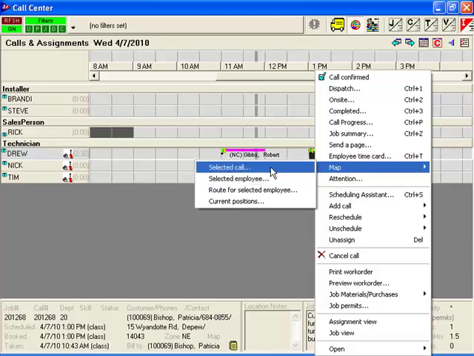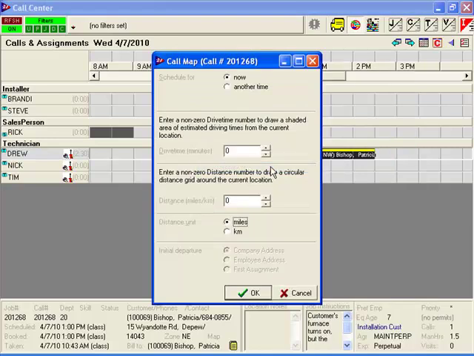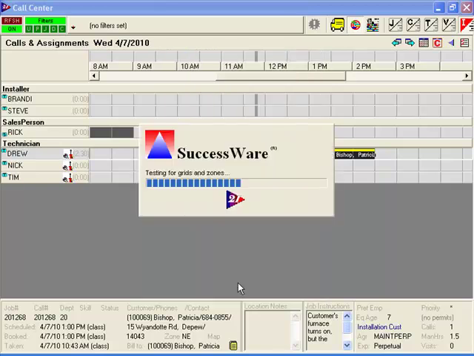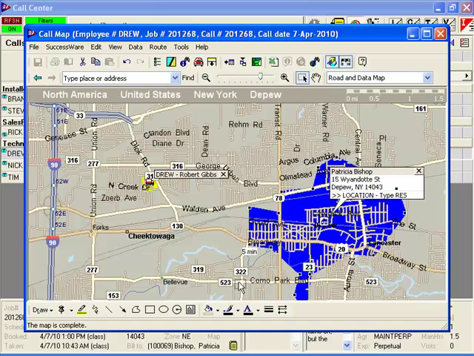In this example, I'm going to map the selected call, and in doing so, I can actually draw a circle in the map, or not really a circle, but an area around the map that will show distance in minutes or distance in drive time. I'm going to set this to show me everyone who's within 5 minutes of this particular appointment location. You can see the blue shaded area representing that. None of my technicians who are currently on the job fall within that 5-minute drive time, but Drew looks to be the closest. So we're going to select Drew,